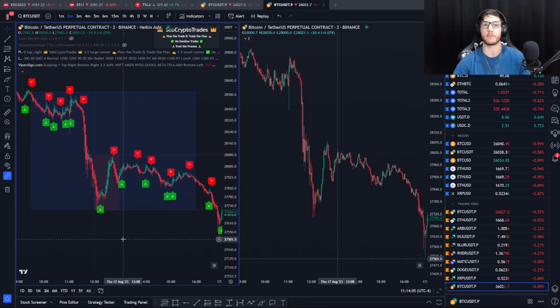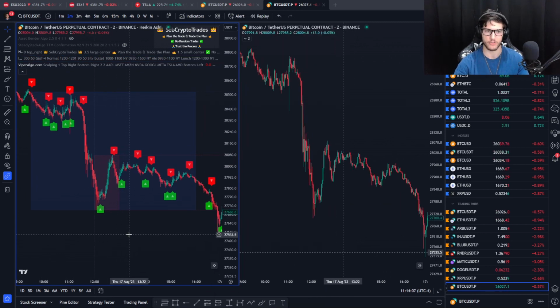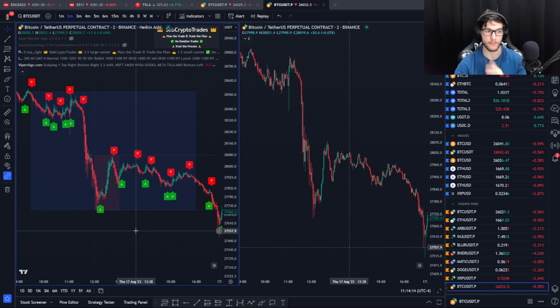So the way that we're going to be trading with the algo, because there are so many signals during the day, if you want to be trading it automatically, there is going to be a way that you can do this, but that will be for another video. For now, I just want to show you how you can trade it yourself very easily